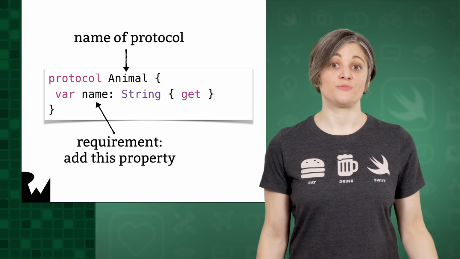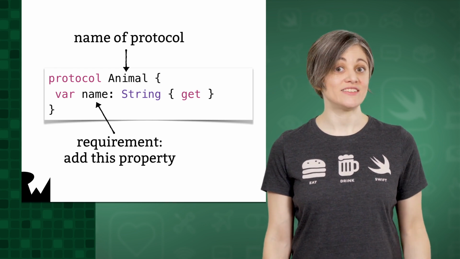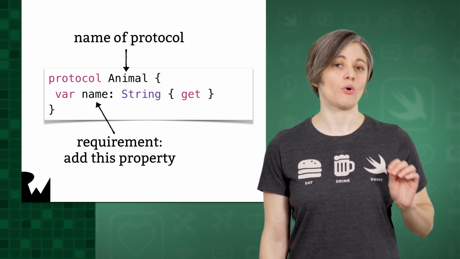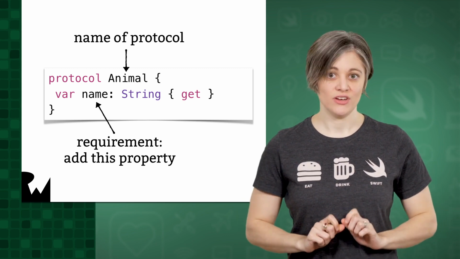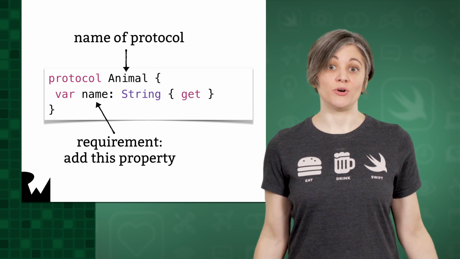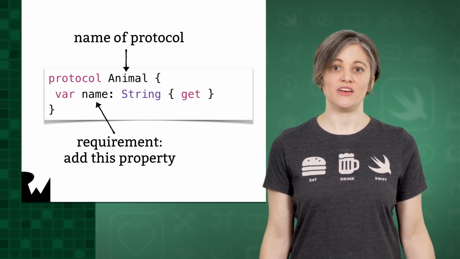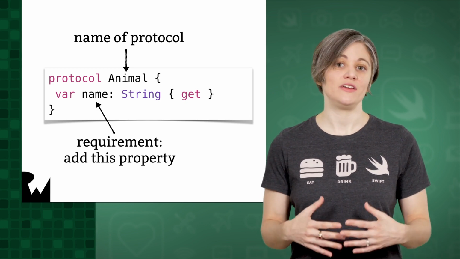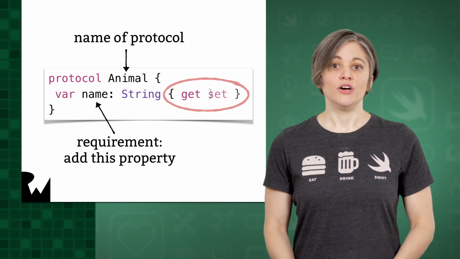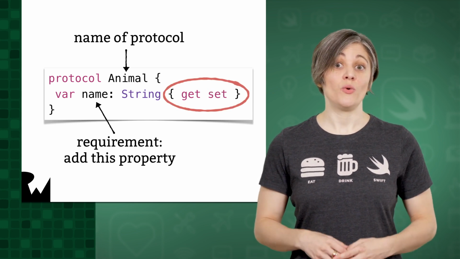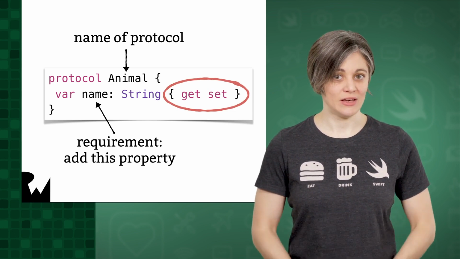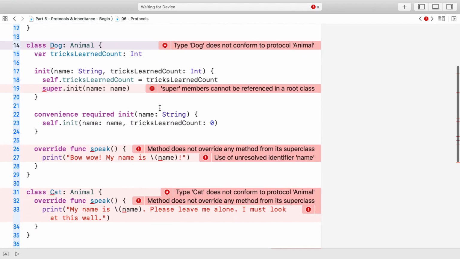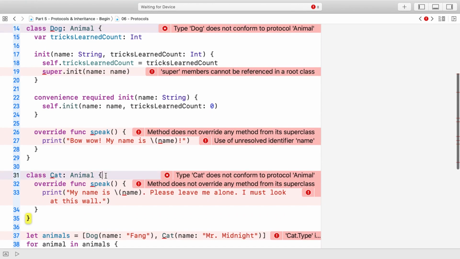Protocols define a common set of properties and behaviors, but unlike with classes, in the definition of a protocol, you're only listing requirements and not implementations. So here, we're saying that for every animal, you can get its name, but we're not saying anything about how that's done. Name could be a computed property or stored. That's up to the animal types themselves. You could also add set within the braces if you wanted to enforce mutability for the animals' names, but we don't. Dog and Cat need stored properties for their names. So unfortunately, unlike with a superclass, we have to define that storage individually for both Dog and Cat.